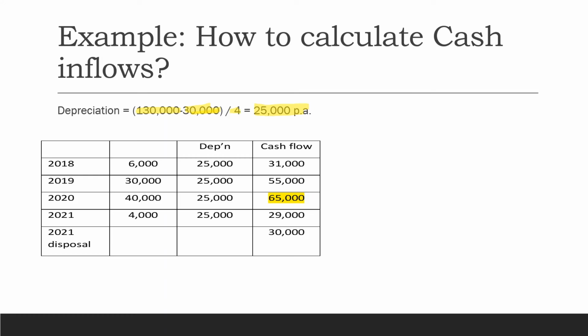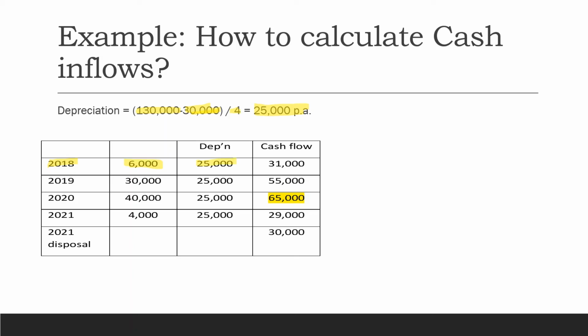So in 2018 we have been given operating profit of 6,000. While calculating 6,000 as operating profit, you would have charged the depreciation, because depreciation is definitely one of the important expenses which goes in your income statement. So when you were calculating this profit, you would have deducted 25,000 as depreciation. So for finding out the exact amount of cash inflow we have to add back this depreciation, because this depreciation money is not going out of the business, it is a non-cash expense.